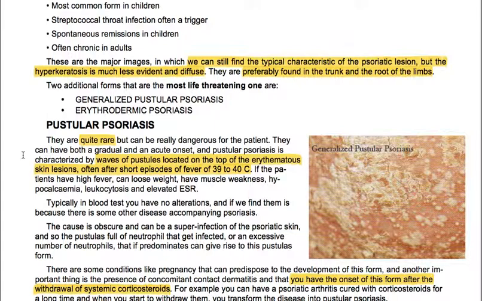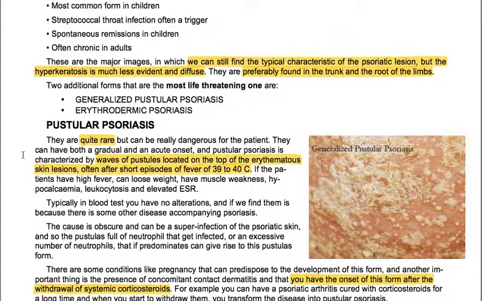If the patients have high fever, they can lose weight, have muscle weakness, hypocalcemia, leukocytosis, and elevated ESR. Typically in blood tests you have no alterations, and if we find them, it's because there is some other disease accompanying the psoriasis. The cause is obscure and can be a superinfection of the psoriatic skin, and so the pustules full of neutrophils that get infected, or an excessive number of neutrophils that, if predominant, can give rise to this